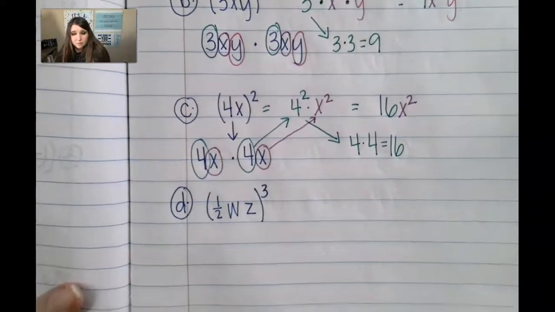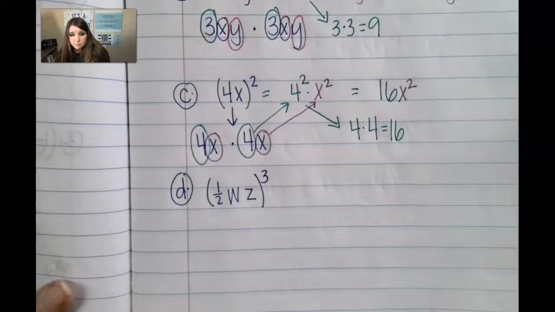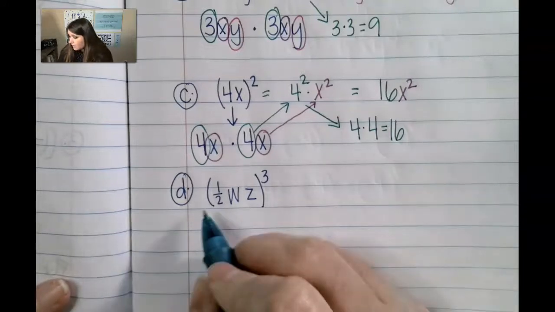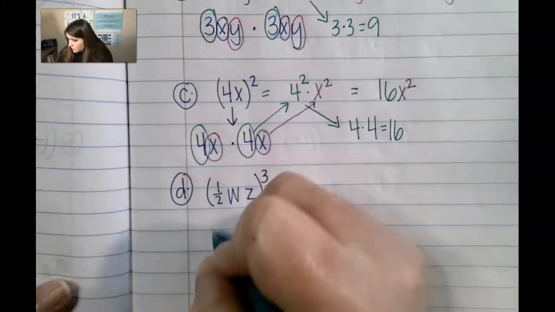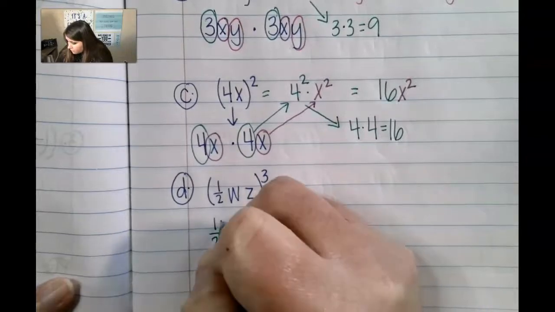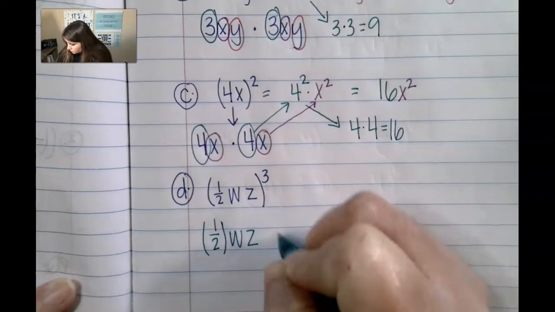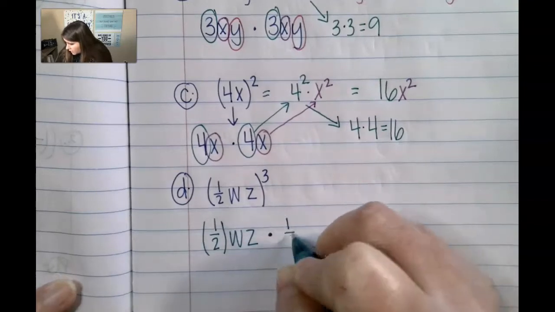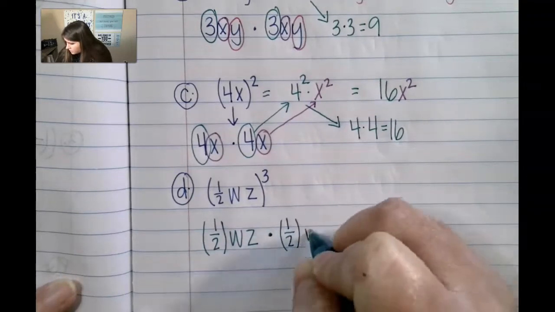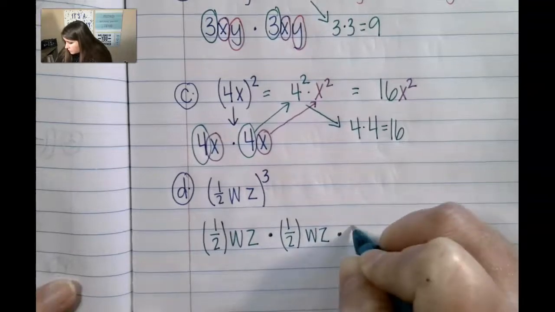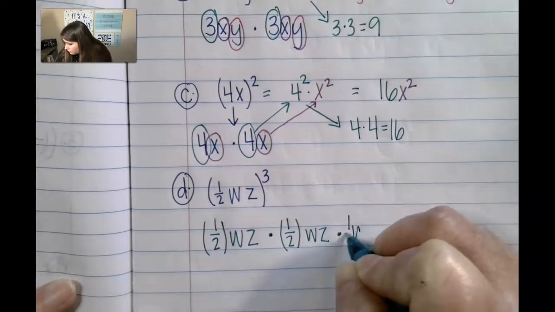Okay, so 1/2 W times Z. And this is written the exact same way. So we have 1/2 of W times Z, so 1/2 W and a Z times 1/2 WZ times, oops, I forgot my 1/2, 1/2